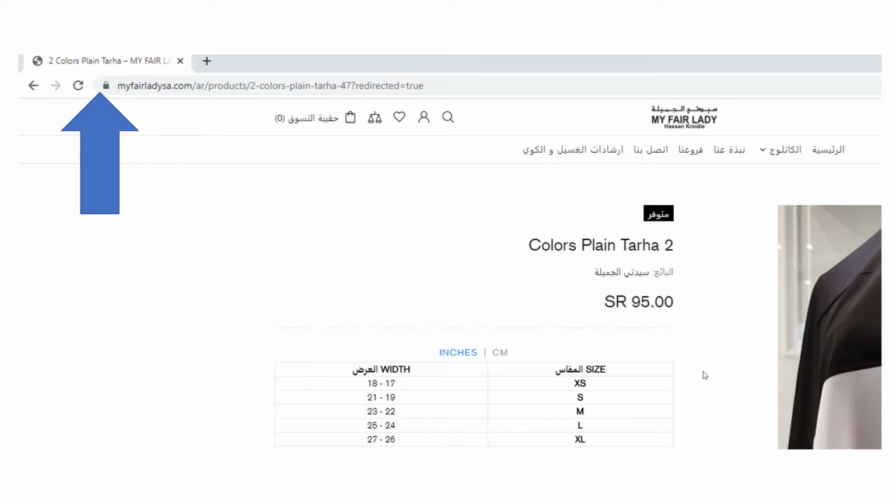Number 7 relates to not having Arabic title tags on Arabic pages. So something that we see over and over again is that a website has been translated, the content on the page is in the Arabic language, but for some reason someone forgot to do one of the most important parts, which is add Arabic title tags. And those are the titles that show up in Google above the listing when you search for something. You definitely want to make sure that you have Arabic optimized titles so that people know what that page is all about when they search for products related to what your company sells on Google.